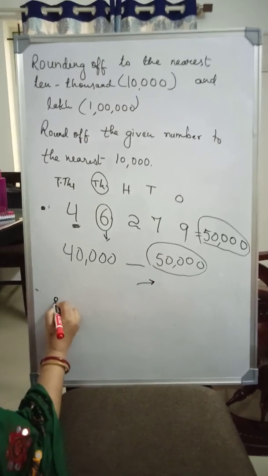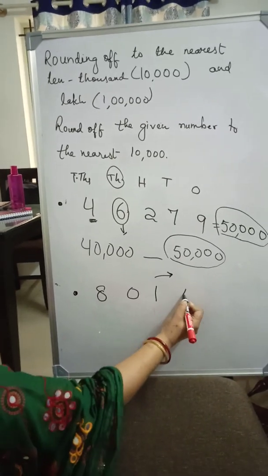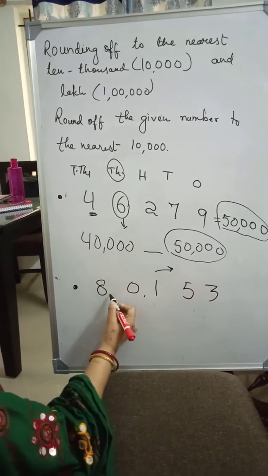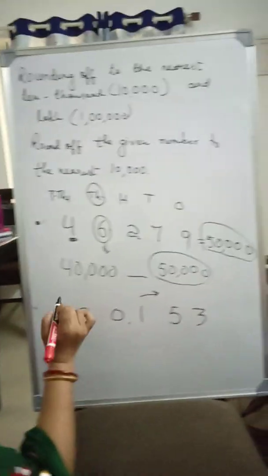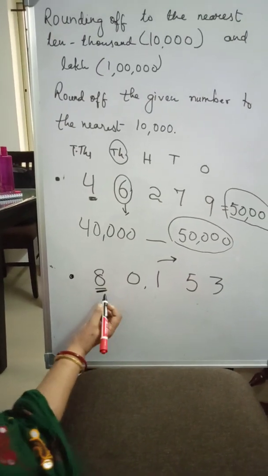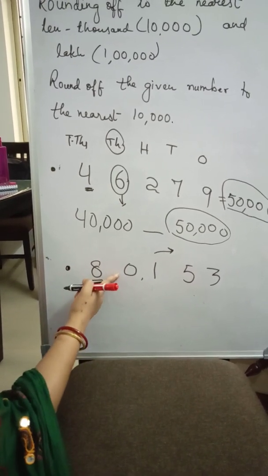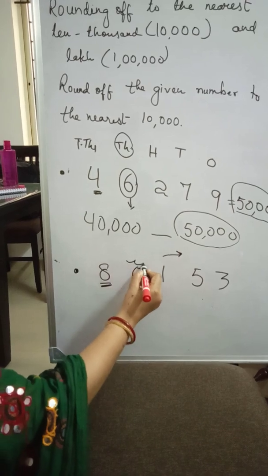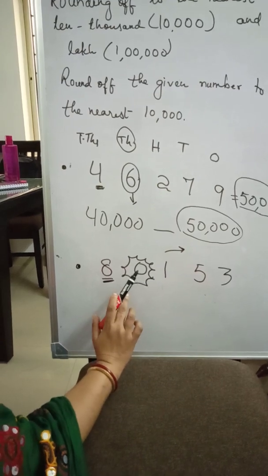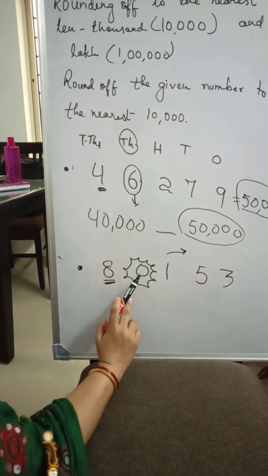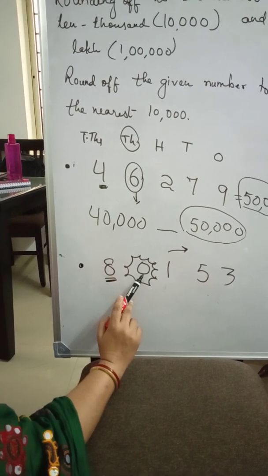Now let us come to the next number. The next number is 80,153. How will you read it? 8 ten-thousands, 0 thousands, 1 hundred, 5 tens, 3 ones. So we have to round off to the nearest 10,000, that is 80,000, 8 ten-thousands. So always look at the digit at the thousand place. Here the digit at the thousand place is 0. As we all know, when the digit at the thousand place is 0, 1, 2, 3 and 4, then